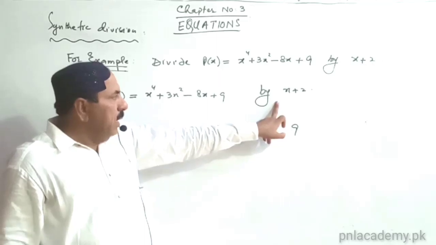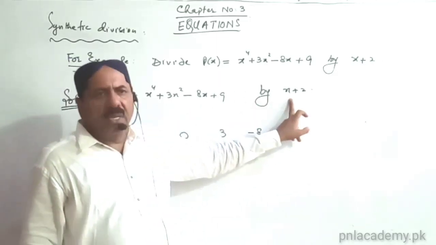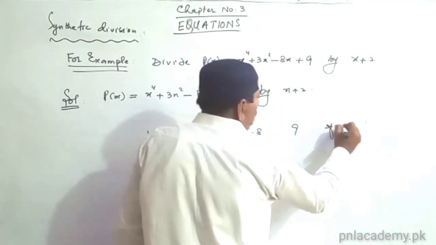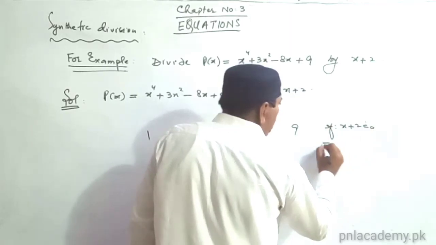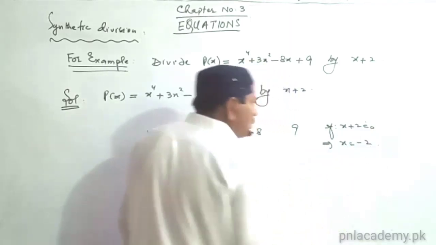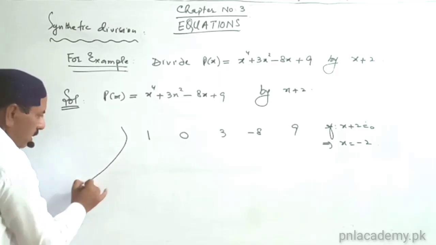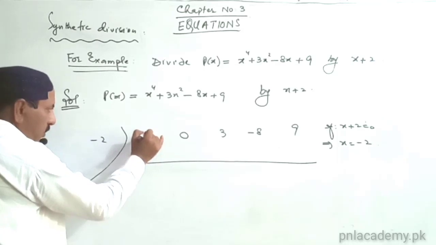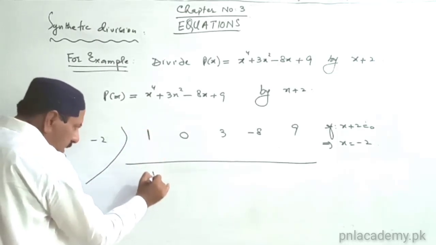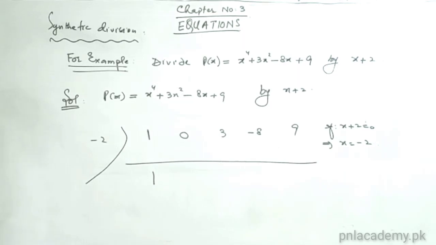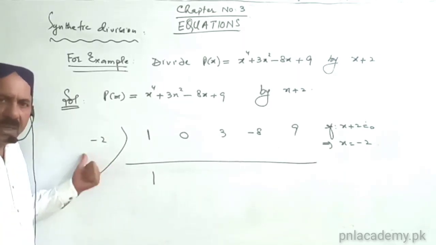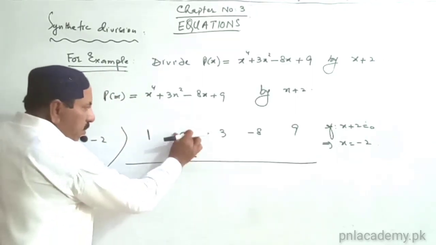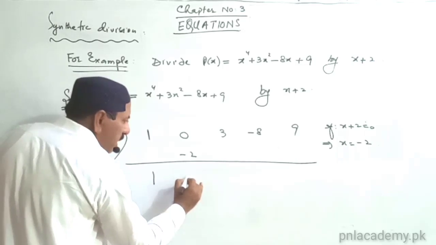So these are the coefficients of the polynomial of x. We have to divide the given polynomial by the expression x plus 2. Therefore, if x plus 2 is equal to 0, it implies that x is equal to minus 2. So we will write minus 2 in this condition, and this is a sign. And we repeat the first coefficient here. Now, the process of multiplication: minus 2 into 1 is minus 2. Now the combination of 0 and minus 2 with respect to addition gives the result minus 2.